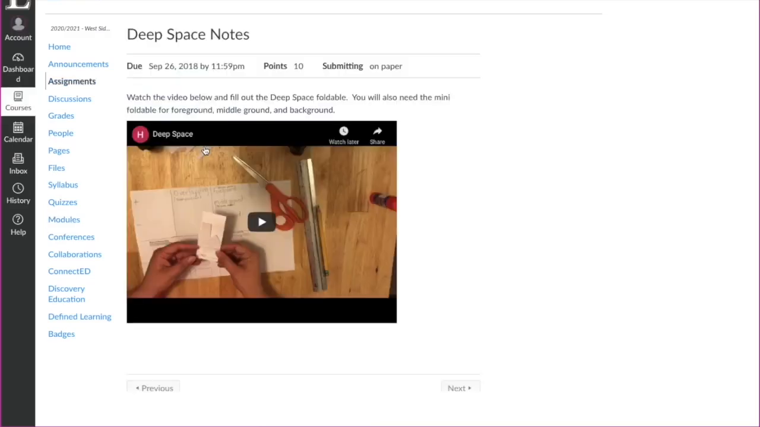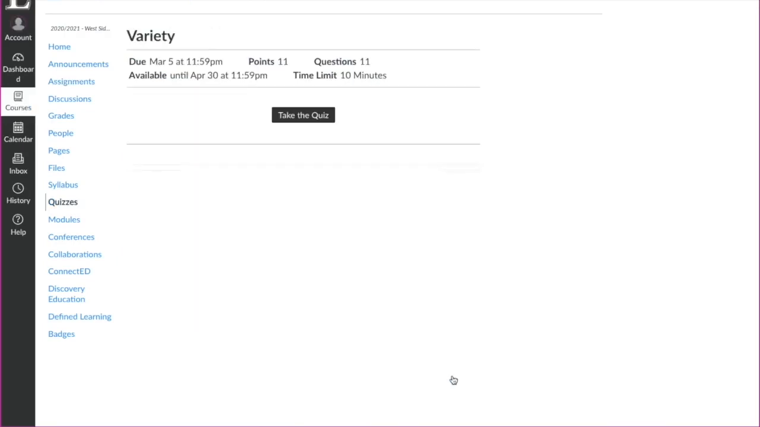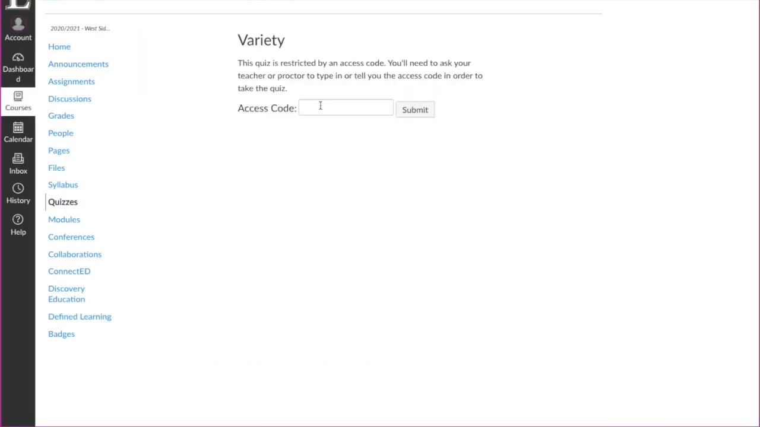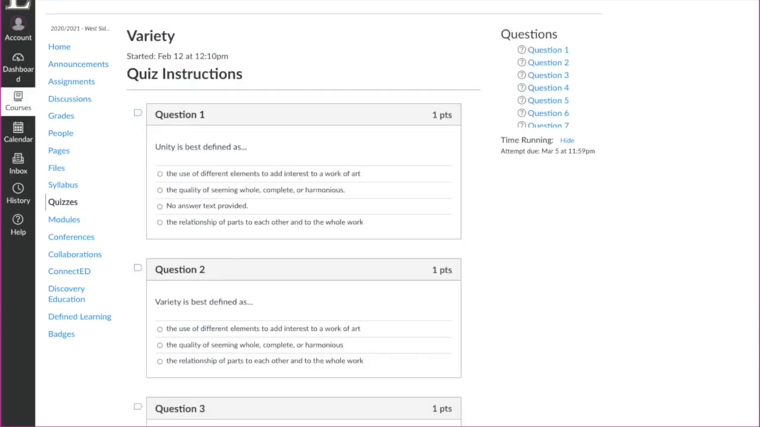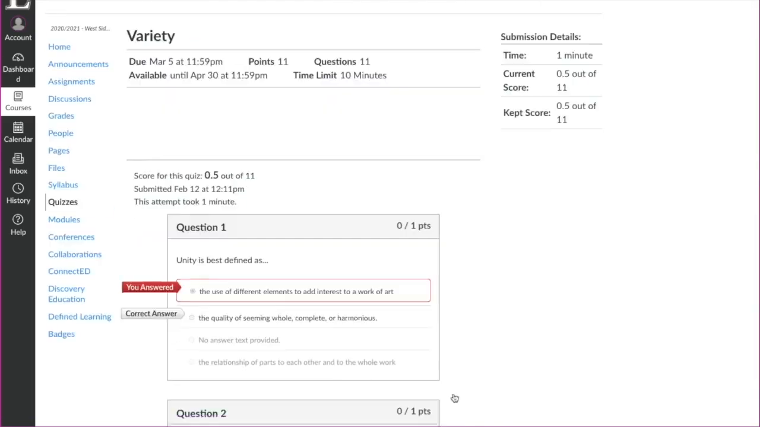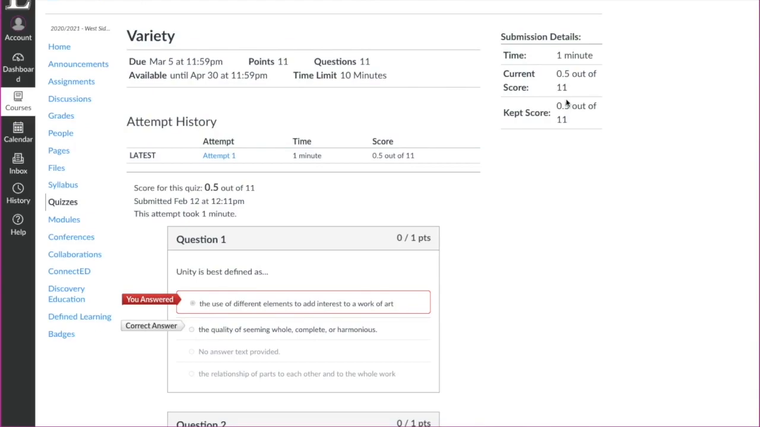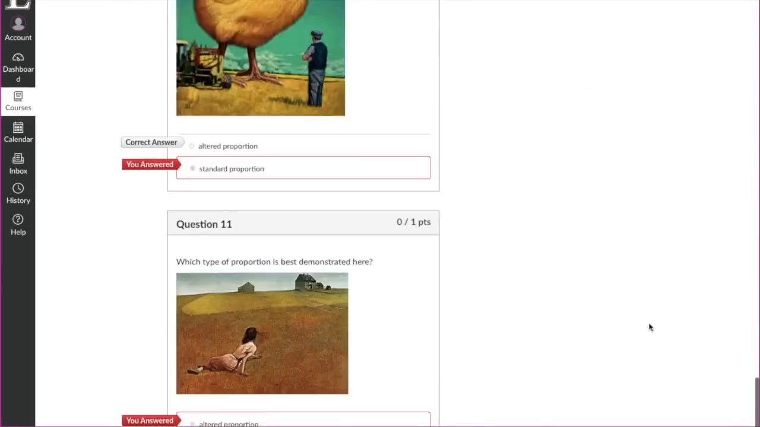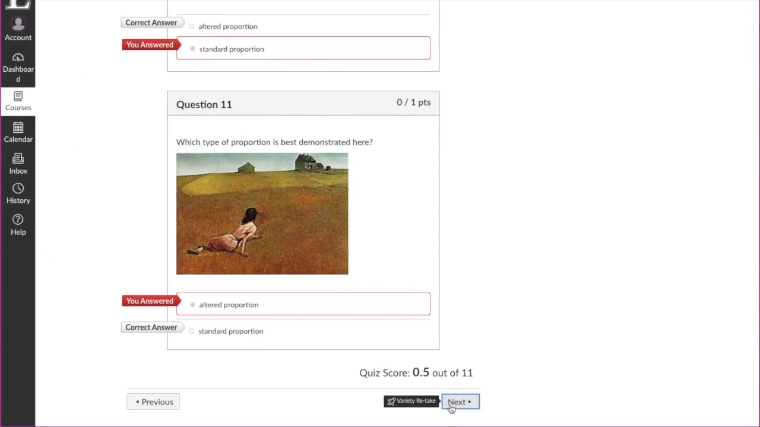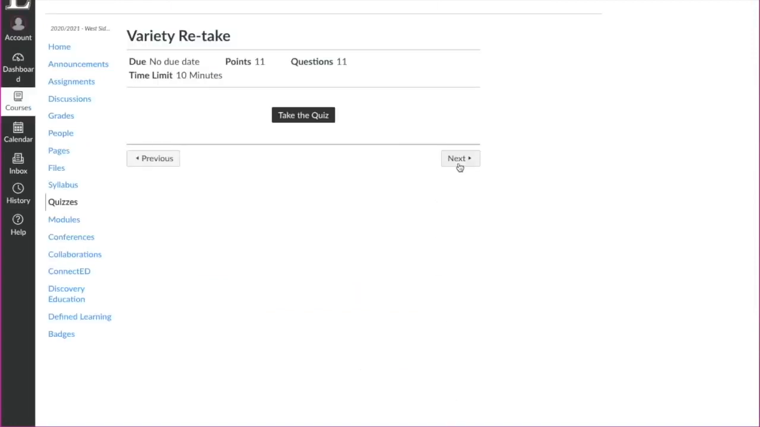When I open up my initial instruction, I like to begin with some basic notes over the concept so that everybody has fair playing ground. Once they've completed that, we take a quiz. The quiz is my sorting hat, and it will take my students on through the rest of my path. So I'm going to purposely bomb this quiz so that you can see what it looks like if I scored a 0. I got a 0.5 out of 11. When I scroll down to the bottom and I click next, it takes me onto my next activity,